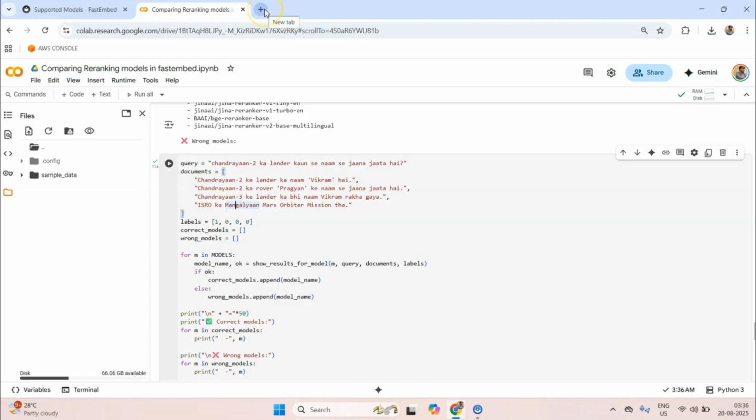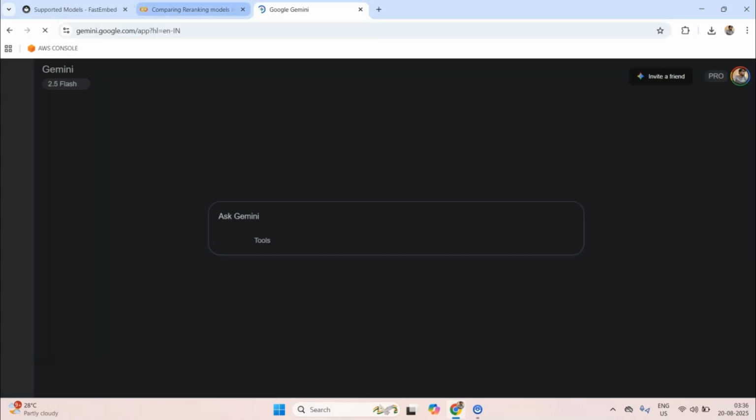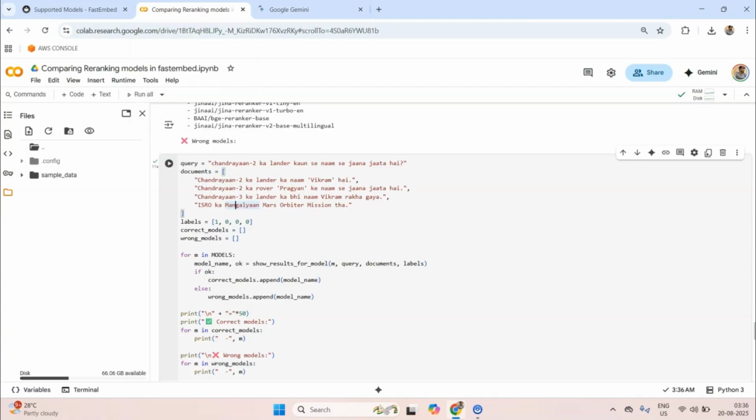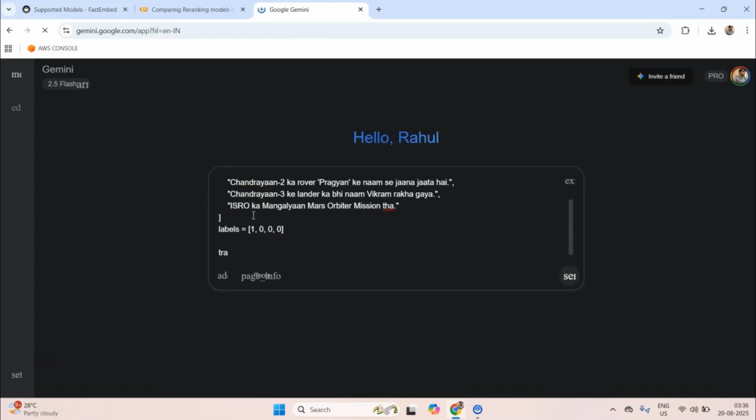What we can do is we can probably open Gemini, and let me try to generate one more result. So maybe translate this into French.